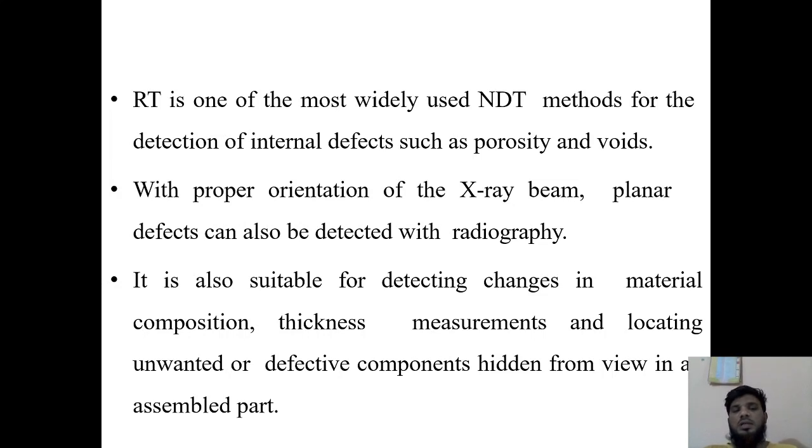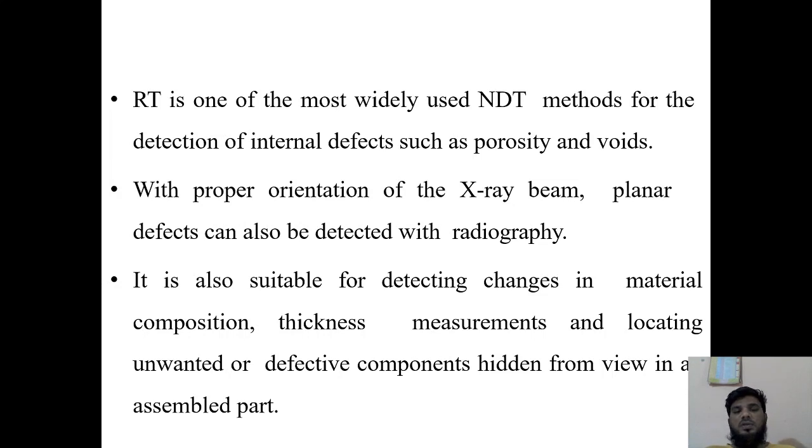We know that the sources of light, the rays which you are seeing, have been divided into various forms, that is the visible range, infrared region, UV region, and X-rays and gamma rays. These are the higher energy waves, whose frequency will be more and whose wavelength will be shorter. So using those frequencies we can identify the defects present in the material.